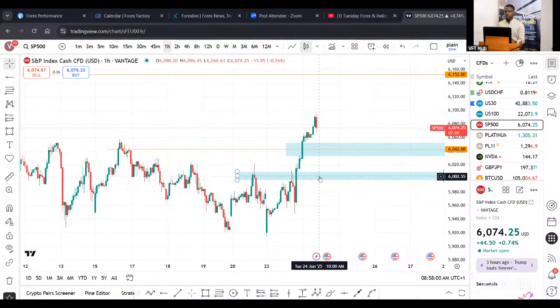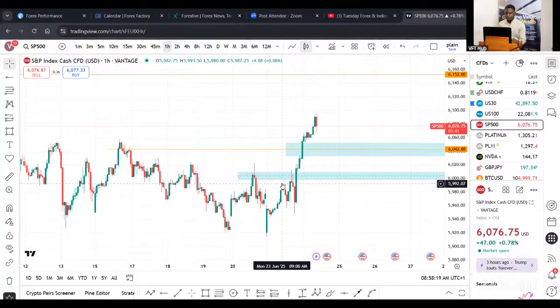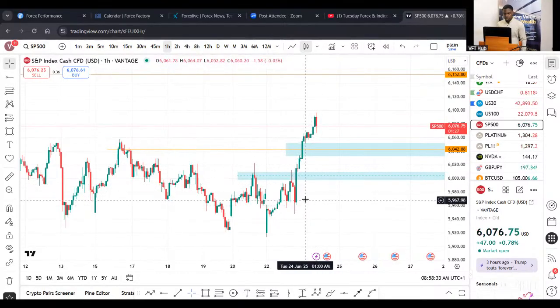The second one is below here, meaning if for any reason price violates this, then we have an area of interest just below here, which also is giving us everything it should give in terms of chart markup and setup. Sweep, break to the upside, although there's no structural liquidity that is very clear. Yeah, but then it still goes. It still goes. So for today, we're looking at US100 and S&P 500 side by side while waiting for the same thing to happen on US30,